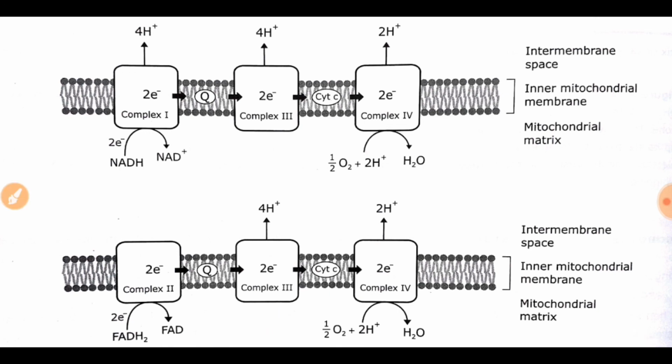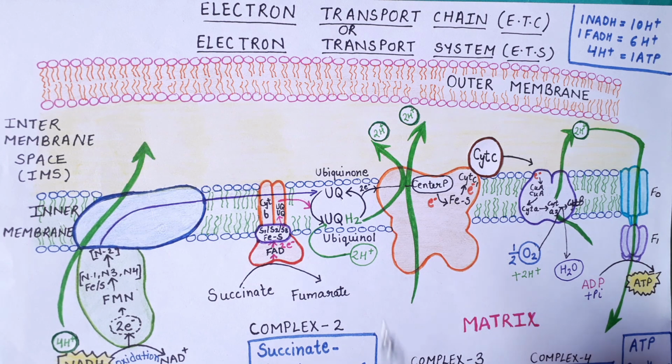So this is a very simplified form of the diagram of electron transport chain for the BSc students so that they can understand it in an easy manner. So this is all about the electron transport chain,